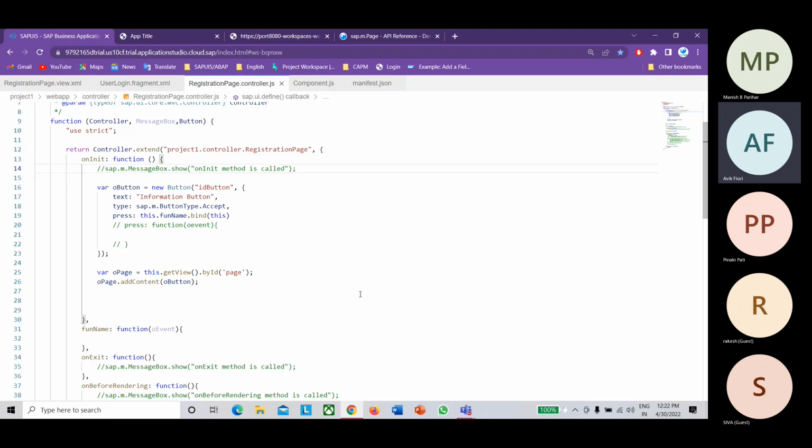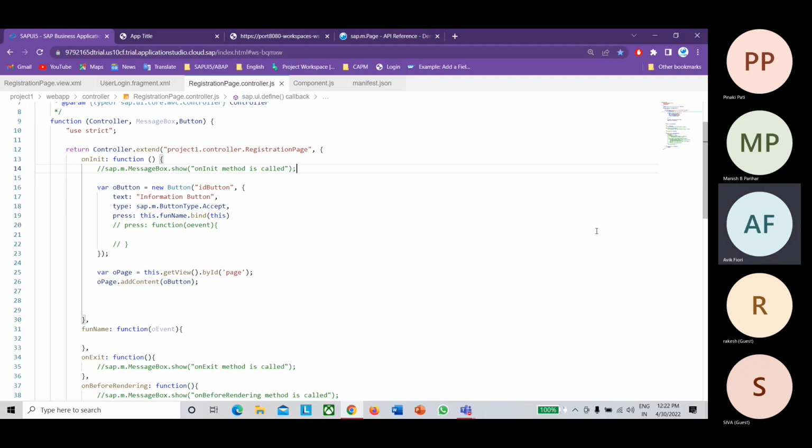Suppose we have one button, and on clicking of one button, another button should be displayed. For that, we need to write the logic here. Dynamically, we want to show that button appearing and disappearing.